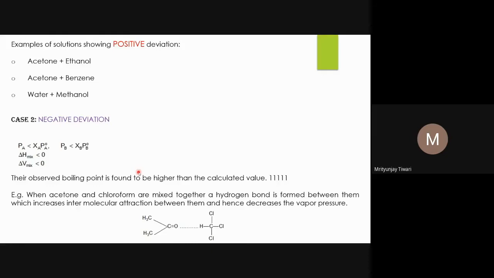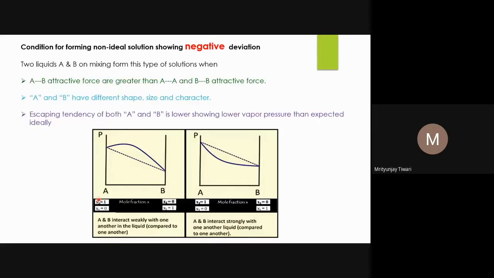Another way to look at it is that heat is released from the system. It has gone to the surroundings. Now the system has less heat content. By whatever amount it has decreased, that much extra heat you have to provide to make it boil. And that means the boiling point will increase, because now you are providing extra heat. The example of this we can also see from the figure.